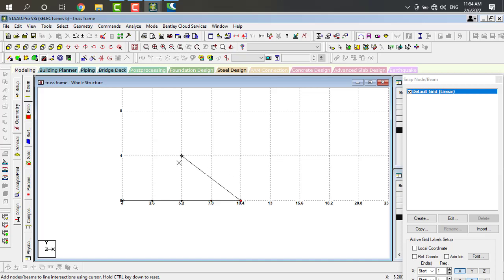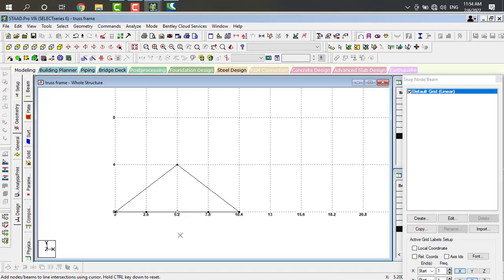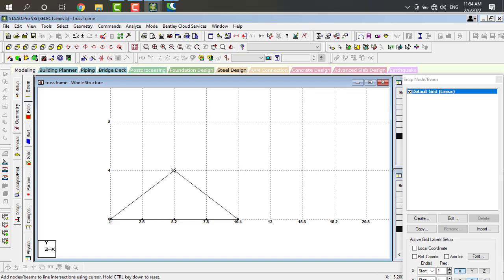Here I want to select the midpoint at a height of 4. Our truss height is 4. Just give a point here and connect it to this initial point, and the same at the end of this. Here this is our truss, and add this midpoint.